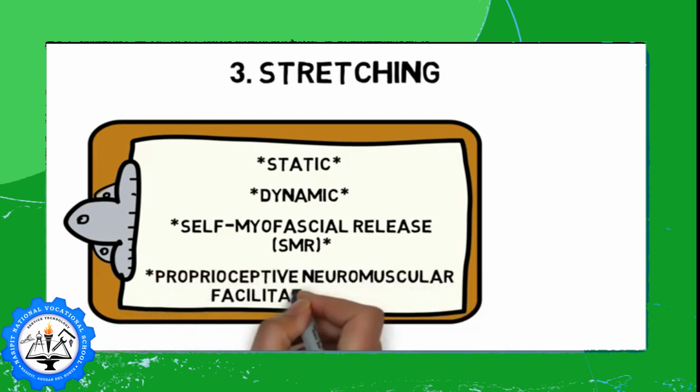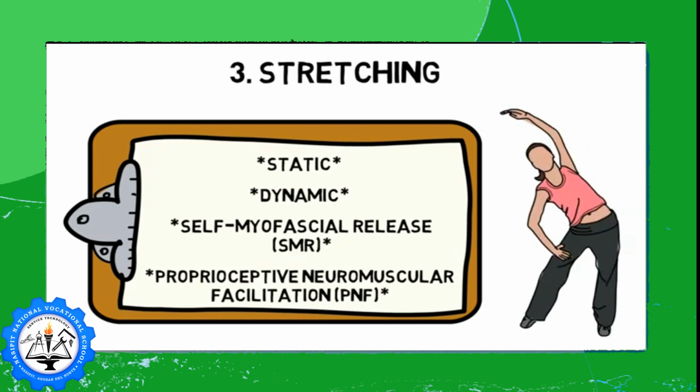Proprioceptive neuromuscular facilitation is a form of flexibility training that inhibits the stretch reflex to allow the muscle to stretch beyond its protective range. When the muscle is first stretched, the muscle spindles are activated, which trigger the stretch reflex. This means the muscle is contracted to prevent it from overstretching. However, if the individual isometrically contracts against the stretch, the Golgi tendon organs avoid the stretch reflex and relax the muscle. This is called autogenic inhibition. So when the athlete briefly relaxes, the range of movement can be increased beyond the initial stretch.